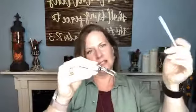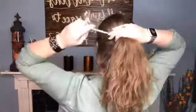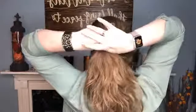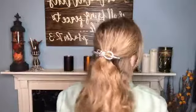Oh, one tip and trick. We like our Flexis because the pin's attached, and you can't lose it. The pin doesn't come off. With our leather 8s, that's not the case. You do need to be careful and keep track of your things, but I do like to start the stick in kind of like that so it goes in like a Flexi. That way I'm not fighting going in, which is easy enough to do, but it's just a trick so that you know that's an option for ease. So I stick that in there kind of like I would my Flexi. It flexes over, pin slides back for the stick like so. And again, you can do the half back,